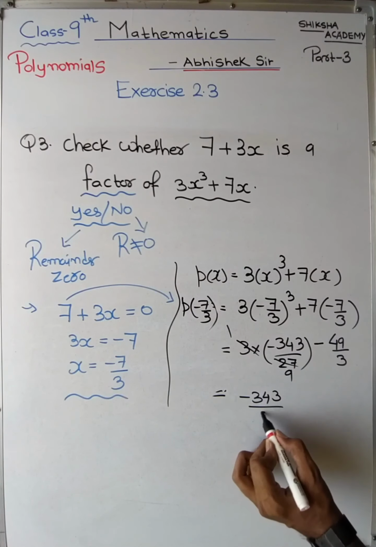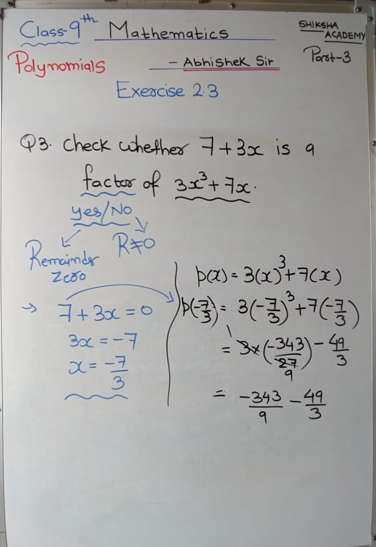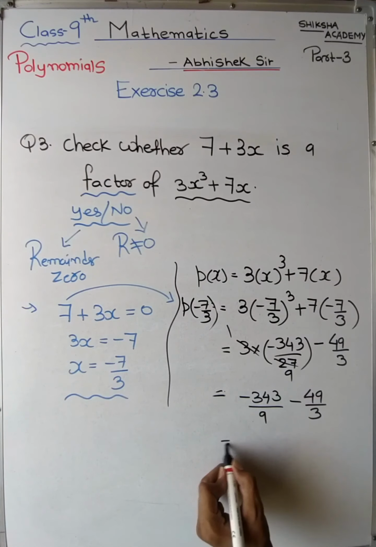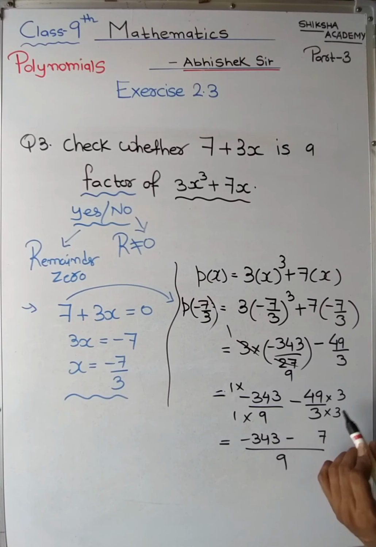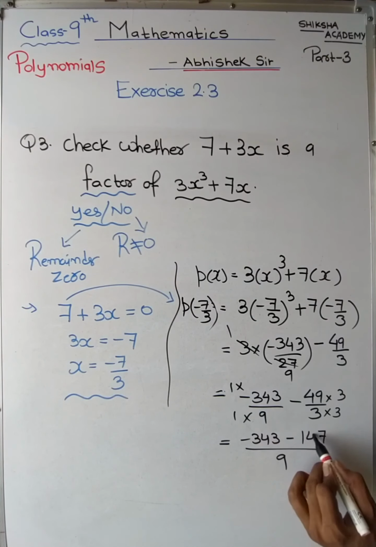Now you can write the answer from this only, that the value of this will never be 0. But for verification and clarification, we'll have to find out the real answer. So for your convenience, let us find out the LCM and final answer. So here we have to multiply it with 3. Here it is by 1. So 1 into 3 minus 343 will be minus 343 minus 49 threes are 3 nines are 27, balance 2, 3 fours are 12, 13, 14.